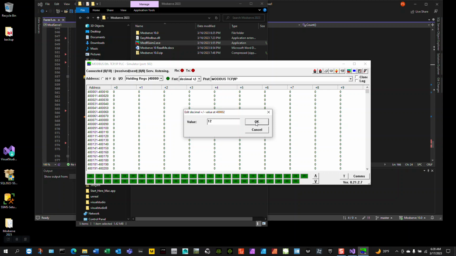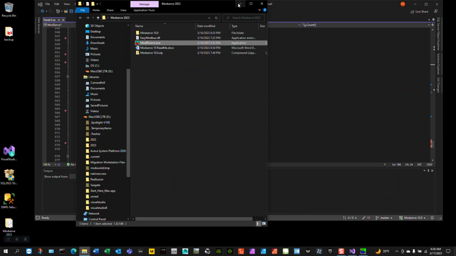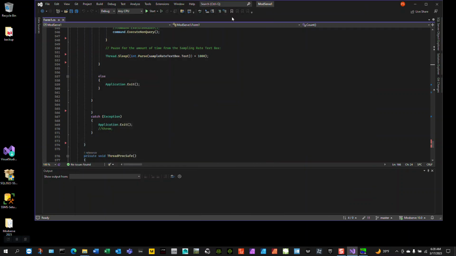Double click on a value and you can change something so you can simulate it. We'll change a number of values in the first several registers so we know we'll see them in the rows. And that'll be listening on localhost, 127.0.0.1 at port 502. Let's go ahead and start the server,